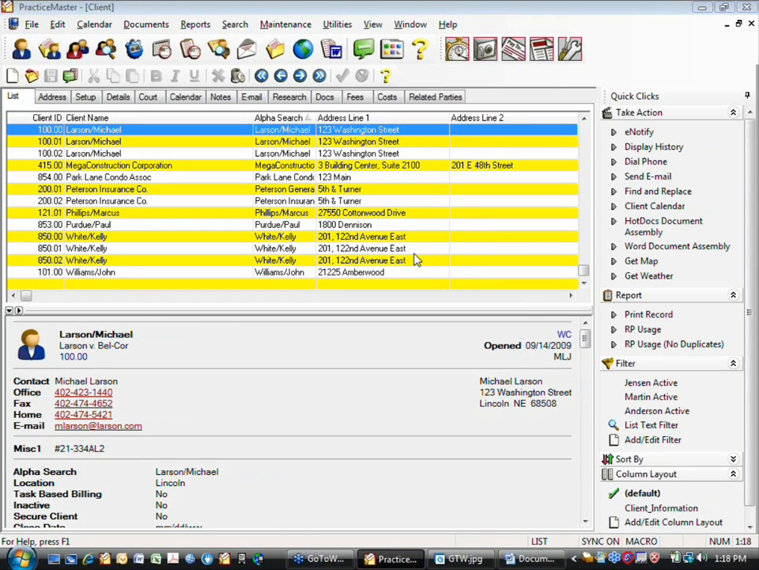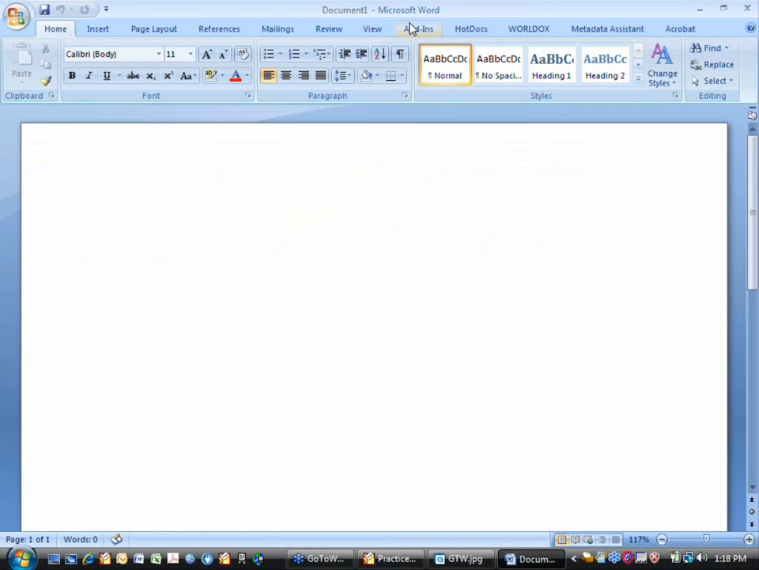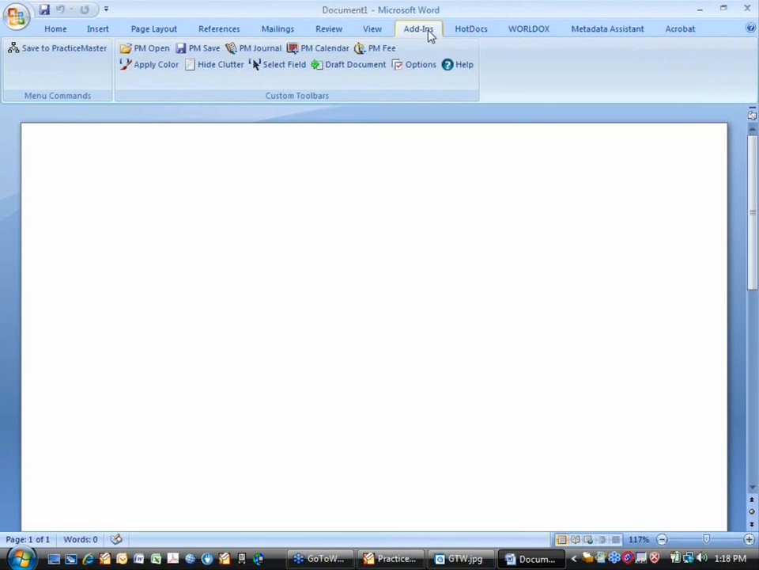So if you're using Word for your word processor and you're using Adobe to store your scanned images, and maybe you're doing some work in Excel, that's great. Let me show you what I mean by that. I'm in Word 2007, so I have the ribbons. If you've never seen ribbons before, this is what they are. So I need to click on this ribbon here called Add-ins, and among all my other Practice Master related buttons